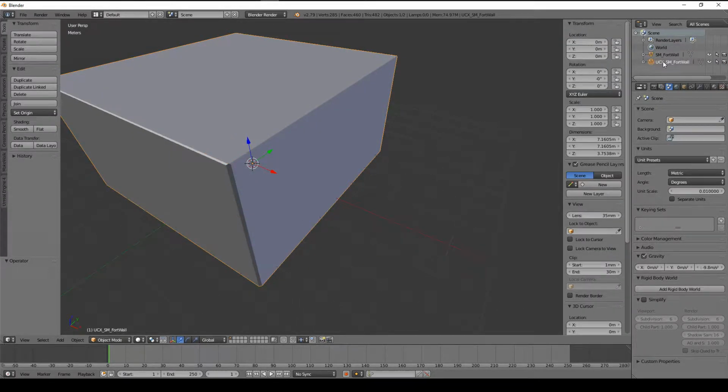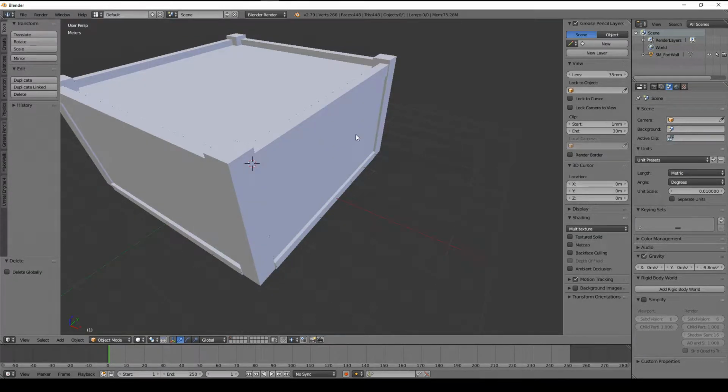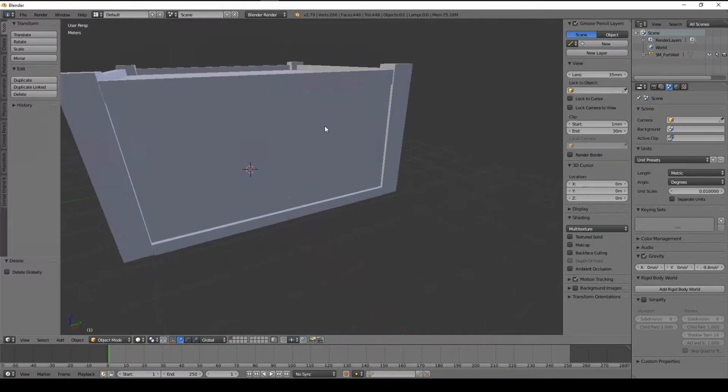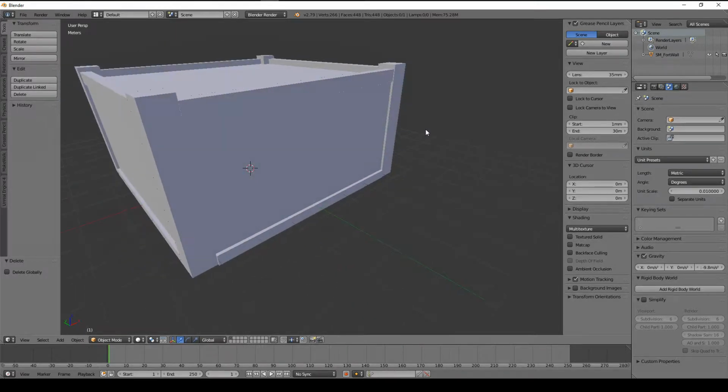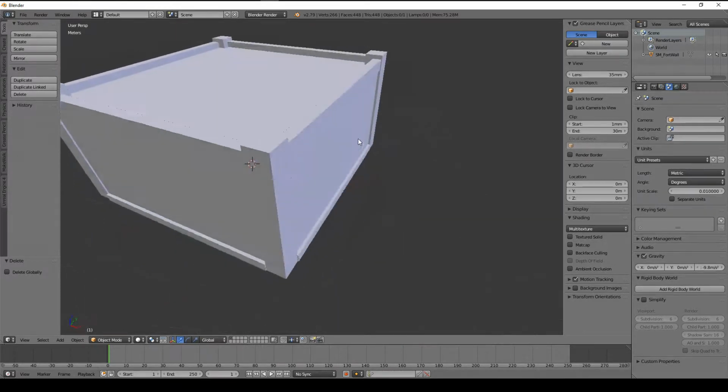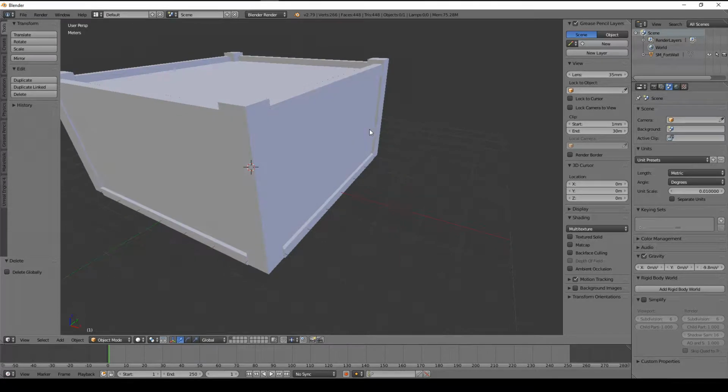Looks a little bit crazy. UCX. I think this is the collision that is associated with it. I'm going to go ahead and delete that. Yes. So now that the simple collision is gone, you can see that this looks like our mesh that we had within the Unreal Engine. All right. So now that that is in place,